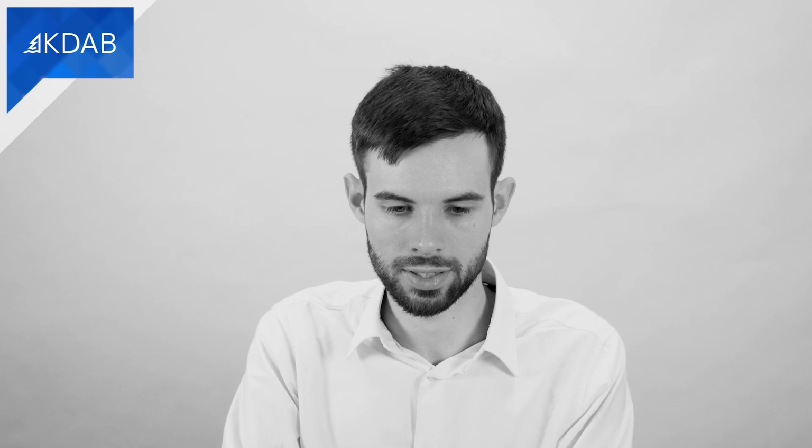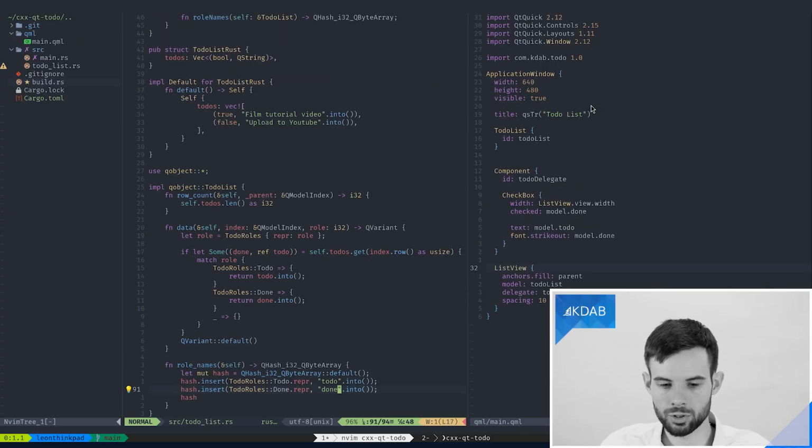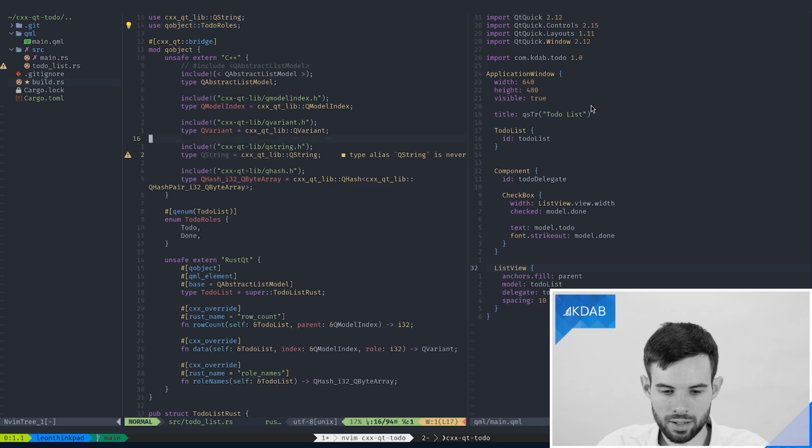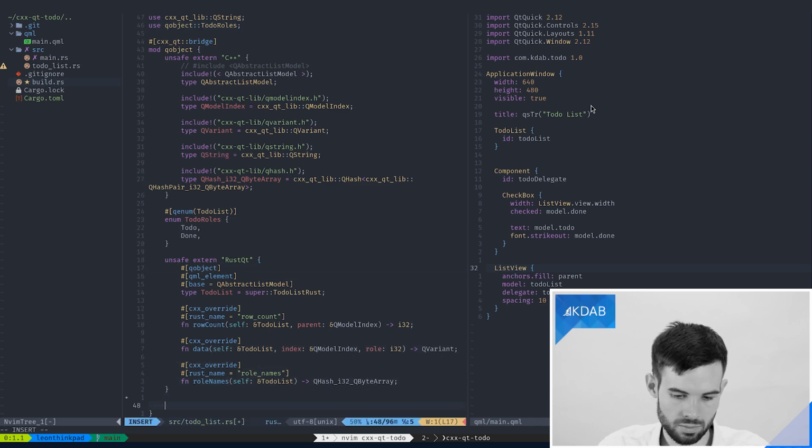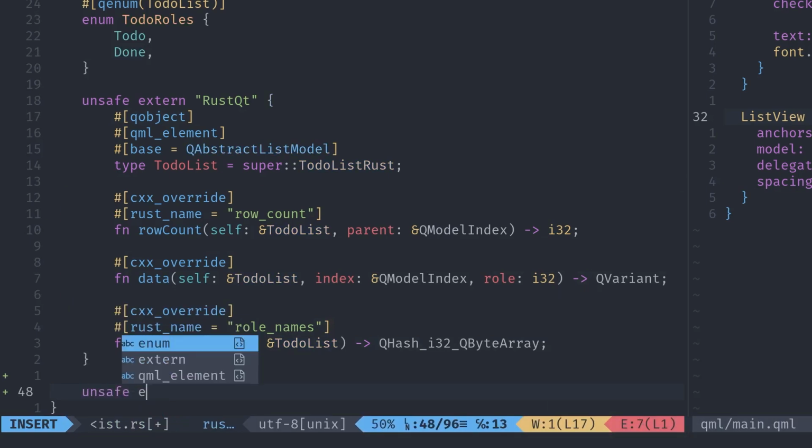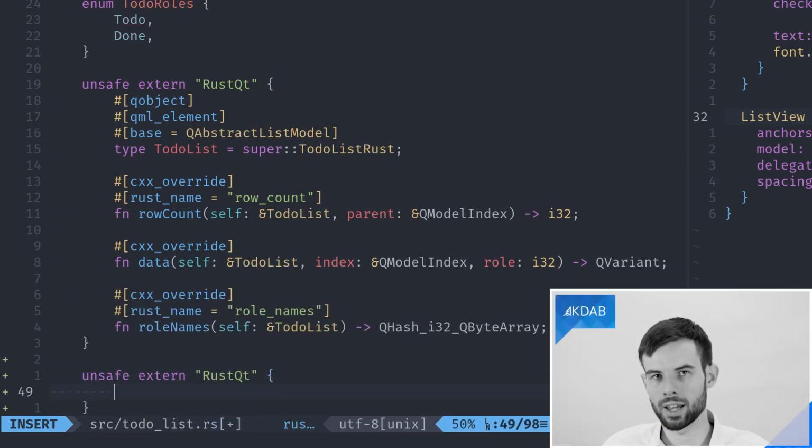Let's get back into our application to start adding mutability. I'll go back into our to-do list module because the main function won't have to change. And then in this case, I'll add a new Rust Qt block, but you don't really need to do this. I will start adding the functions that we need to modify our data.